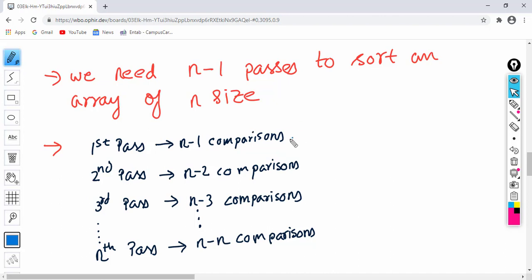that in the first pass we require n minus 1 comparisons. In this example we had 4 elements in the array, so the value of n is 4. So 4 minus 1, we required 3 comparisons in the first pass.